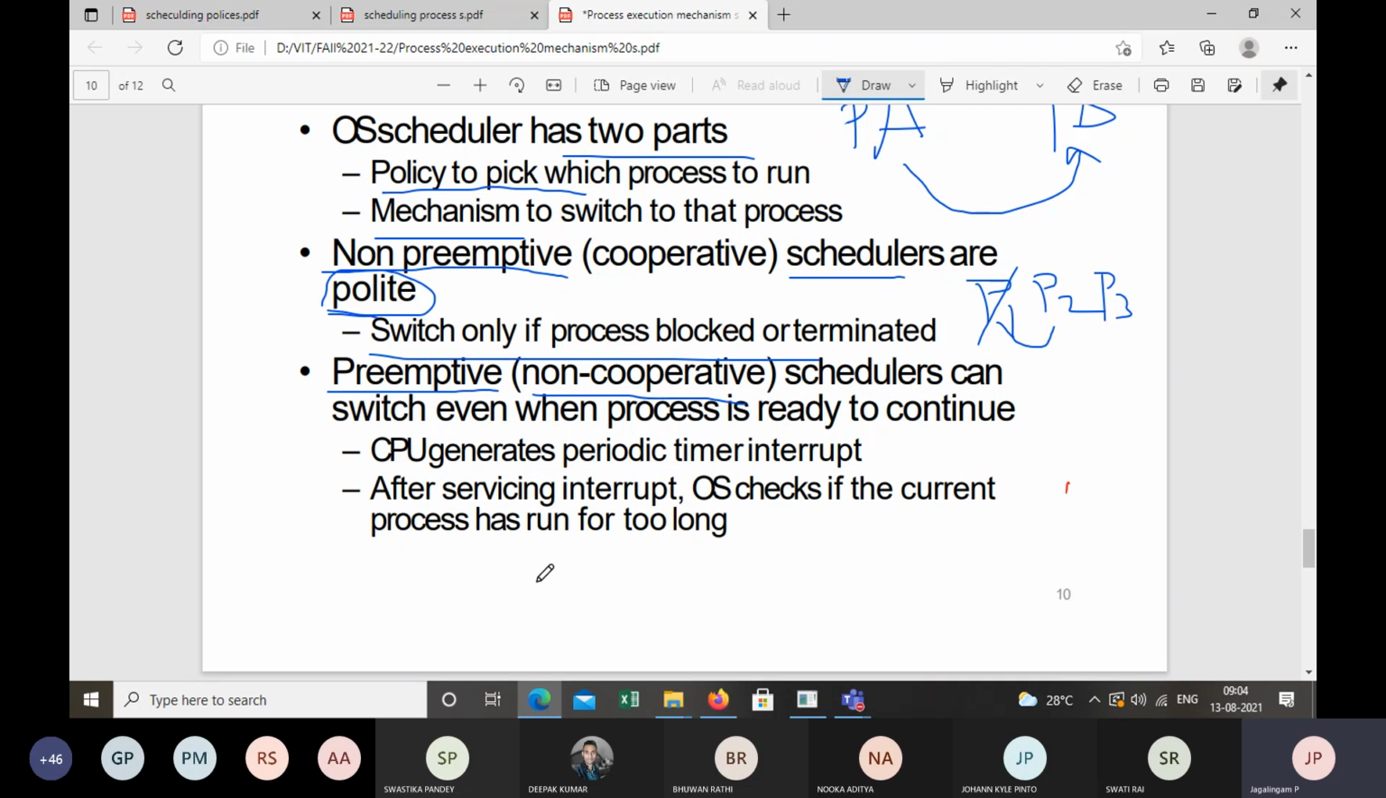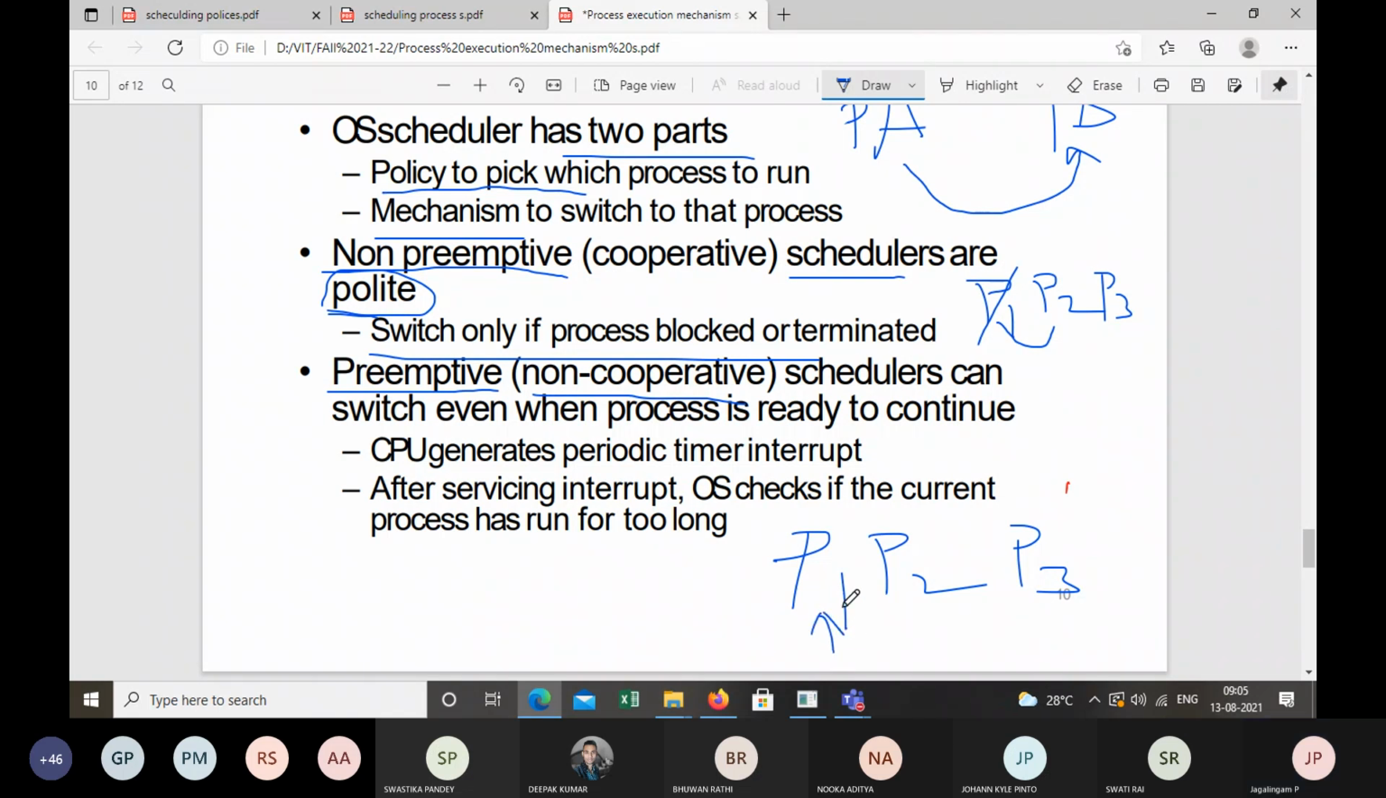What do you mean by this? What do you mean by non-cooperative? Sir, it means that even if the process can be executed, it can still switch from one process to another. Good, good. This scheduler does the context switch even if the process P1 is ready to